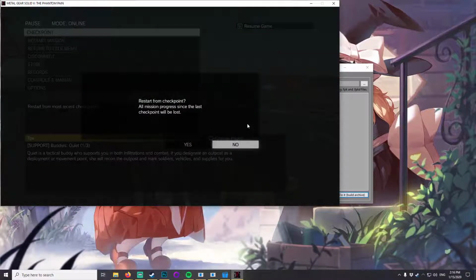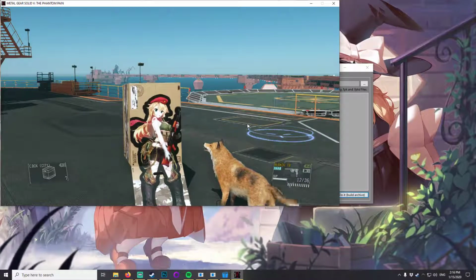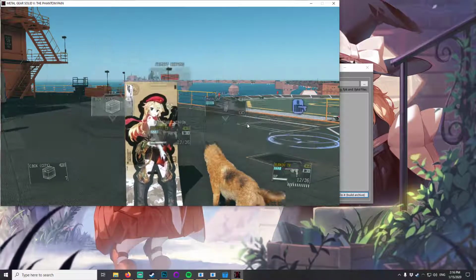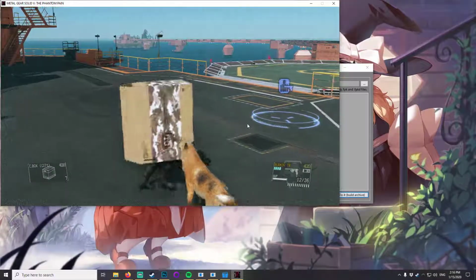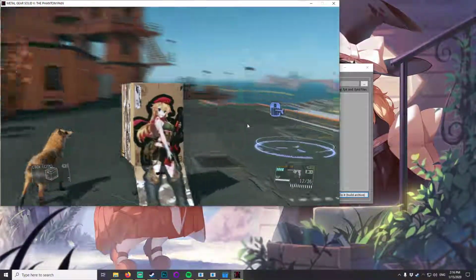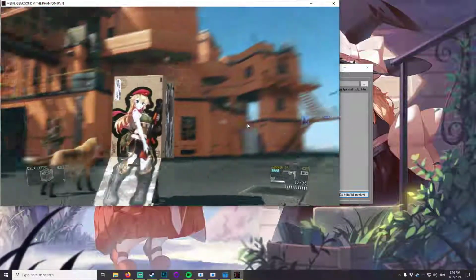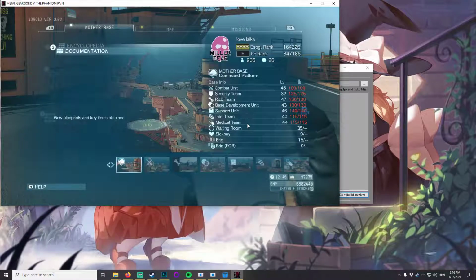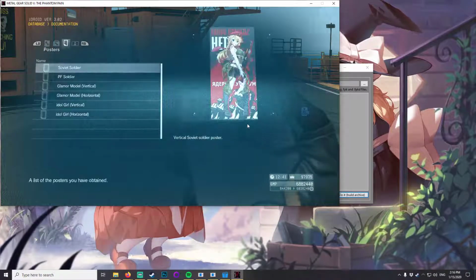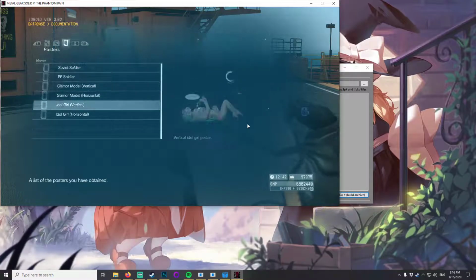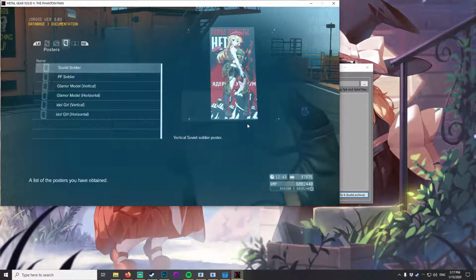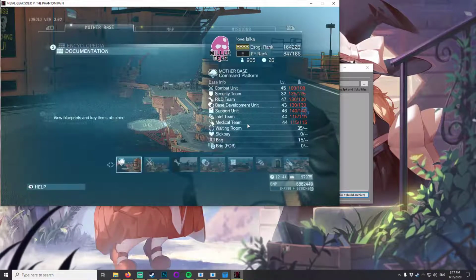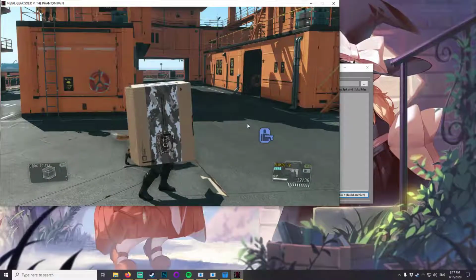Then, open up the game. No, I don't want to do that. You'll see that the poster is replaced. And it's also in the menu here. And I got my little outline, and you can see the light reflect off of it, but only in certain areas. That's all good. You can also see that it's in the database. Documentation, posters, Soviet soldier. And all these are still the same, but this is the one that we replaced. You can replace as many posters as you want. And you'll also see them out in the world. Since I did the Soviet soldier, there are no Soviet soldiers in view here, but